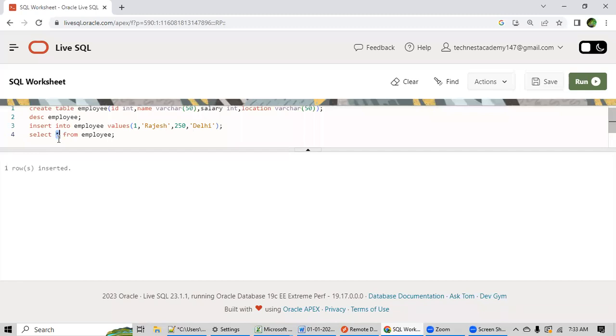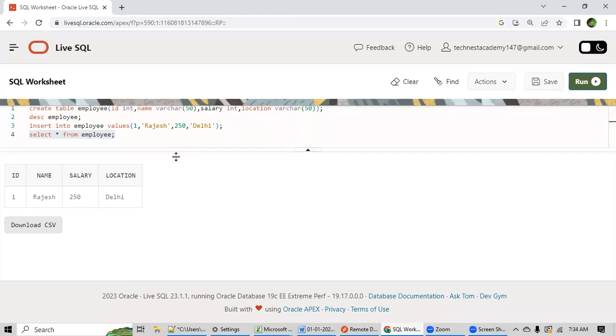So I have written here from employee. It means I'm telling the SQL engine to please display all the columns of the employee table. So see the output. It is like plain English only. You see what all records we have inserted now. We got the output. Fine. Any question?